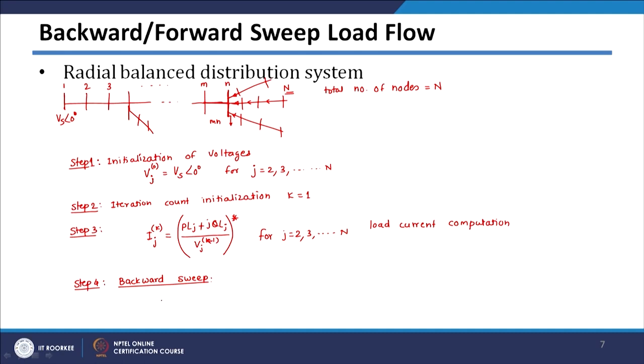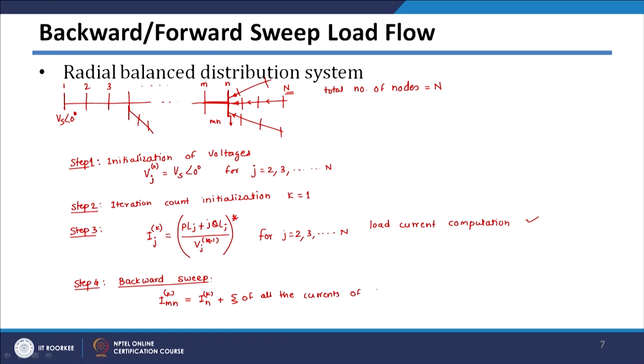So, when I am calculating say I_mn, which is the branch current flowing in the branch connected between bus m and n, at the kth iteration it will be equal to I_n, which is the load current at nth bus, calculated at the kth iteration. We already calculated it in step 2, plus the summation of all the currents